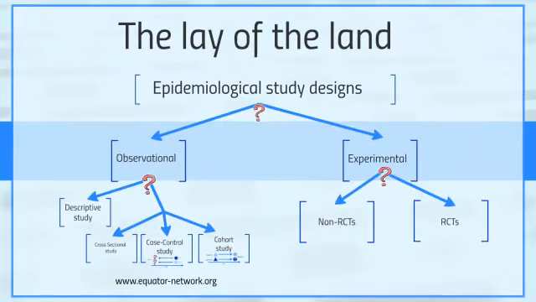It would pretty much be mapping out where descriptive research lies within this whole hierarchy of evidence, and what the differences are. How can you suss out the differences? So let's go through the lay of the land. And it's important to note that when you're looking at a study and you want to determine what kind of study it is, there are various questions you need to ask, and that's these question marks you see here. So the first question to ask is,